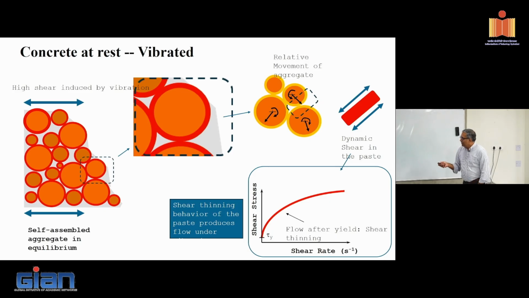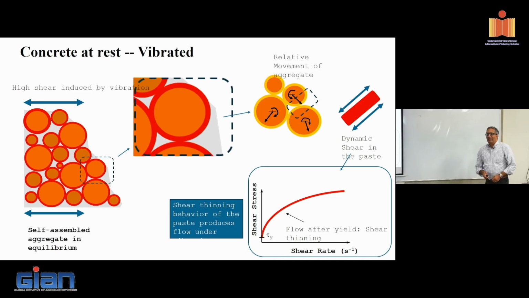Now, going back to the basic rheology of cement paste, what did we expect from cement paste? It had a yield stress, right? That was when it was at rest. That's what gave me this shape here, right? That was this fellow. The minute I agitate it, what happens? Now I'm introducing a gamma dot. I'm trying to basically produce a dynamic state. So what happens? This is a shear thinning liquid, right? It starts loosening up, and that basically starts producing this relative movement. It flows really easily, fills the whole form. Okay, so this is the role of vibration.